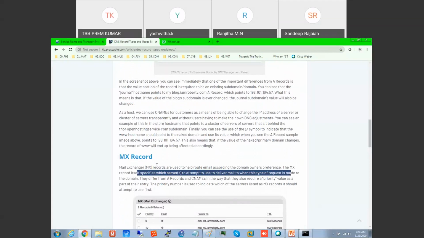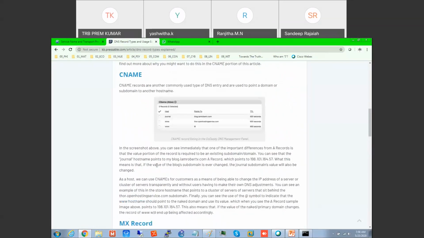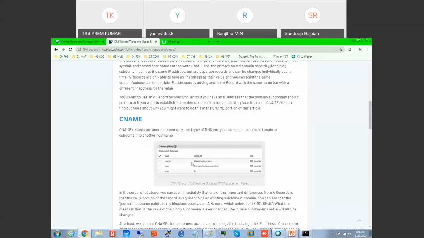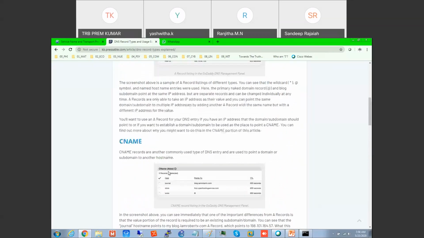The CNAME is something like a canonical name. CNAME records are another commonly used DNS entry, used to point a domain name or subdomain name to another name. Understand?